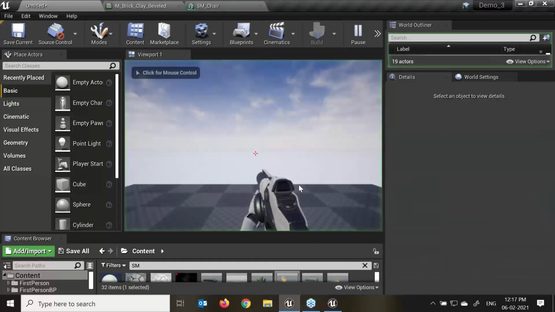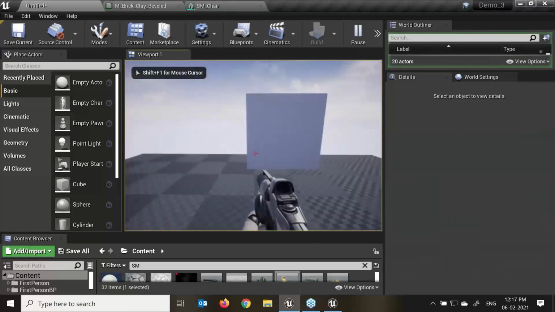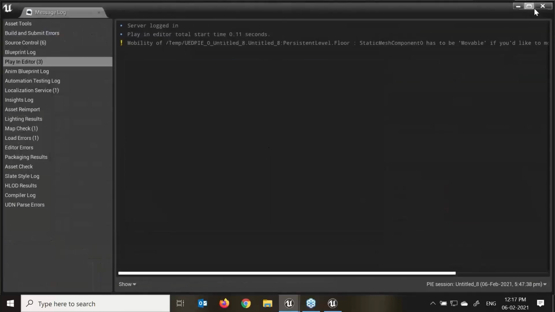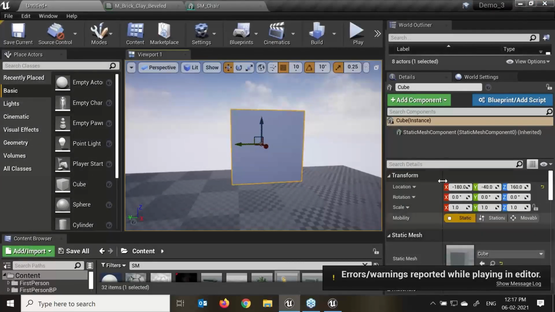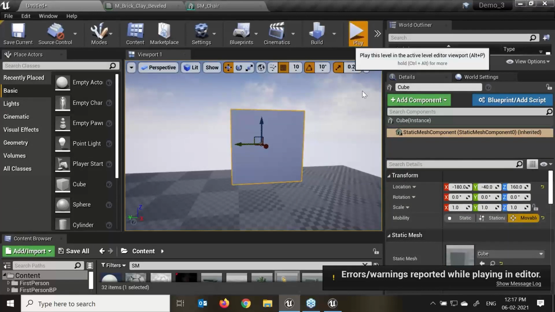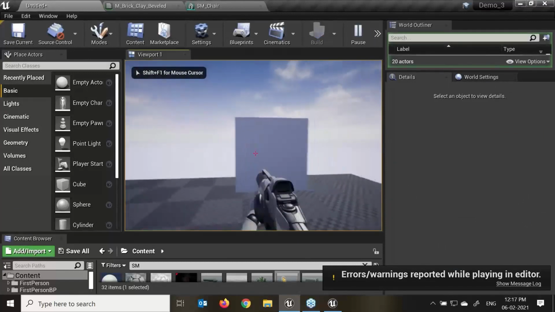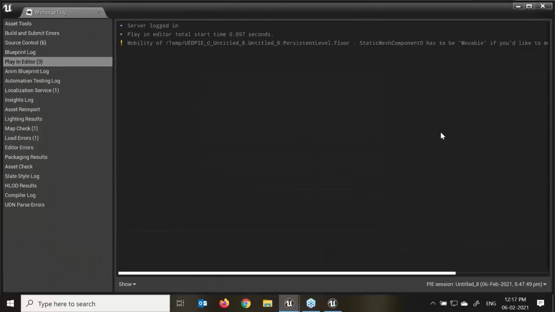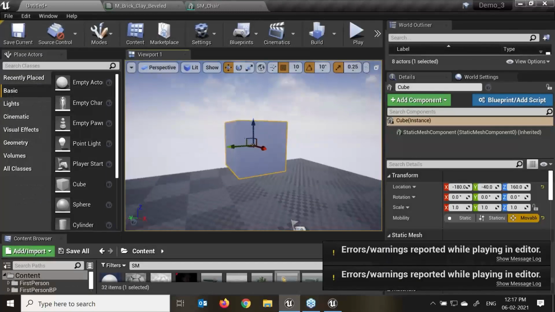Select and play. There is some error. Movable, I need to make it movable. Now give some value to it.